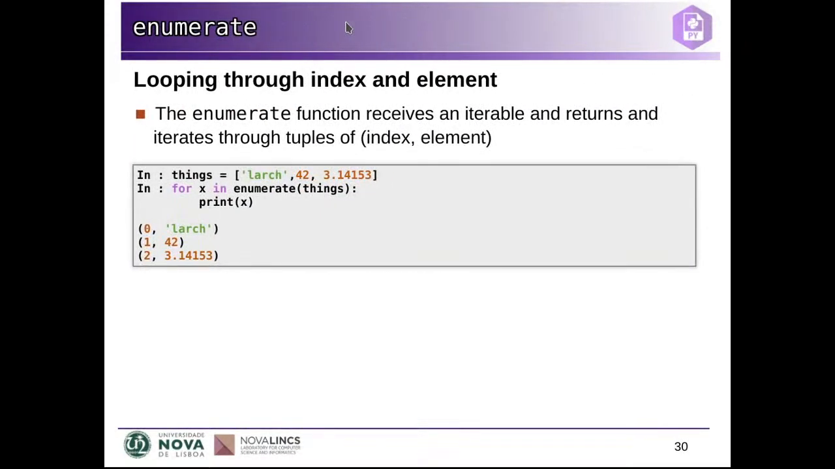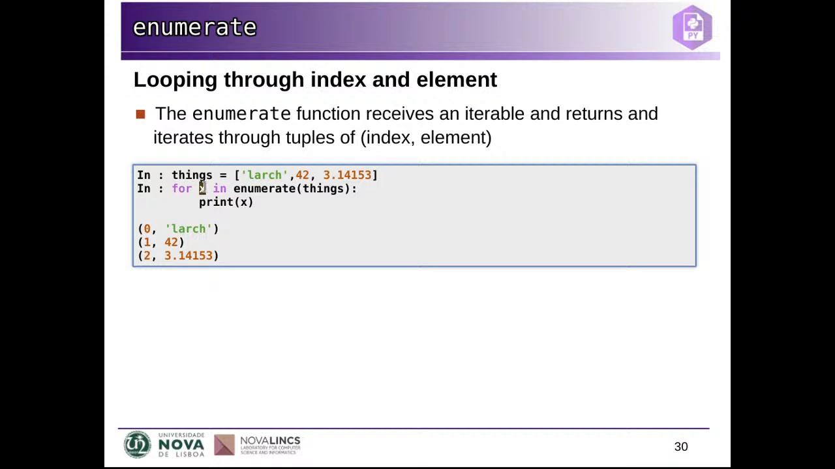Another way of doing this, if you need both the element and the index, you can use the enumerate function. The enumerate function will return an iterable that contains the tuples of index and object. So for example, suppose we have this list. This list of things has large, 42, and 3.14, so the value of pi. It has these three elements. If I enumerate this list in a for loop, each pass of the loop, so each